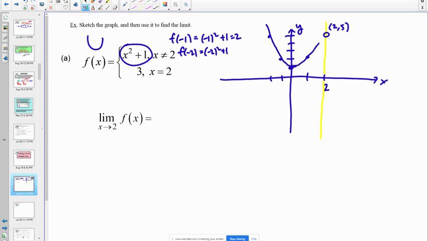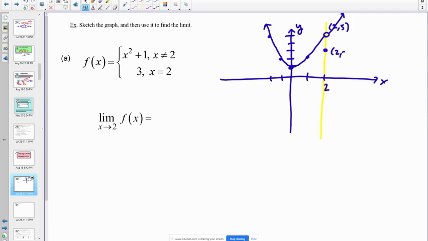Okay, the only thing is you have to be careful. It's true to the left of this and to the right of the 2, but it's not true at the 2. Okay, what is y equal to when x is equal to 2? When x is equal to 2, y is equal to 3. So what I do is I put another point right here at 3. So this is (2, 3). And this is my